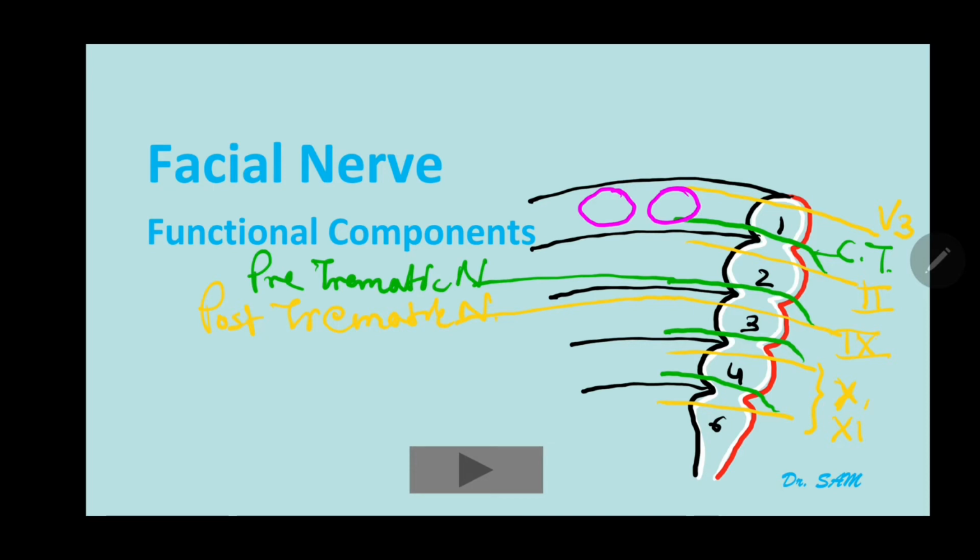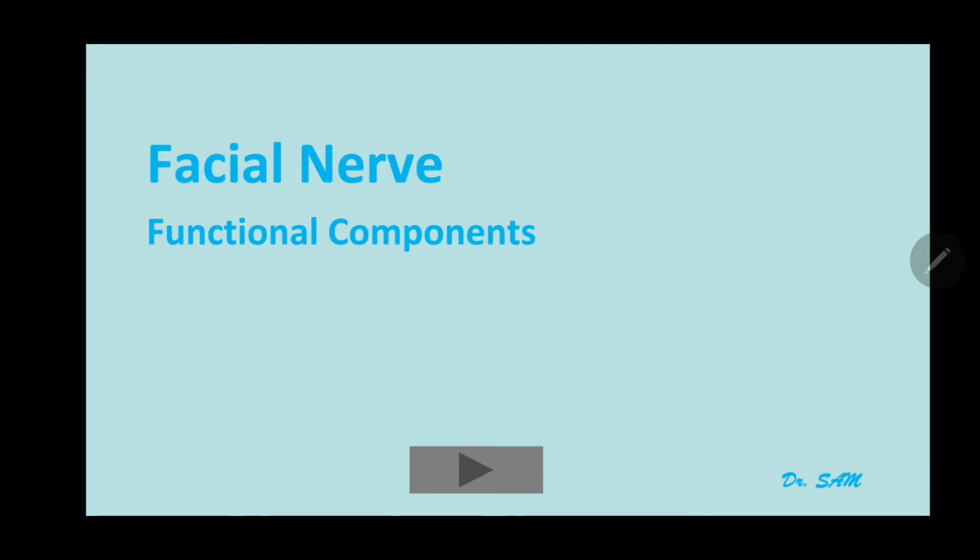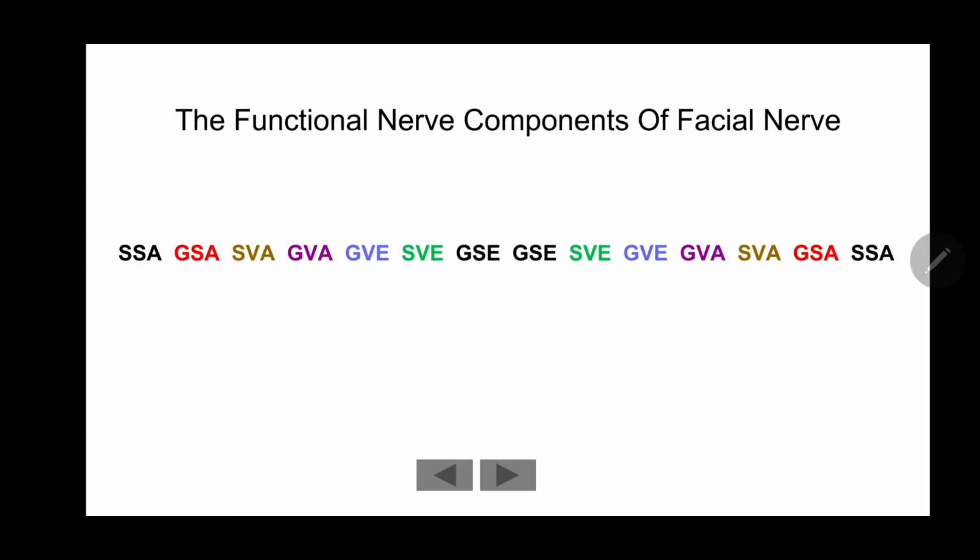So remember now that the facial nerve, in case they twist the question, is the posttrematic branch of the second branchial arch. Got it now? Okay. Now let's move further. Now we'll talk about the functional nerve components of the facial nerve, right? So talking about the functional nerve components, you should first of all have this idea that there are 7